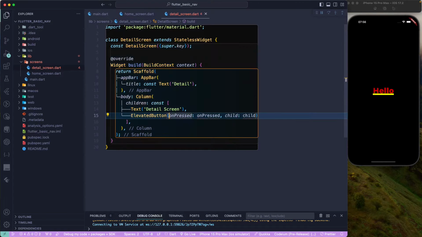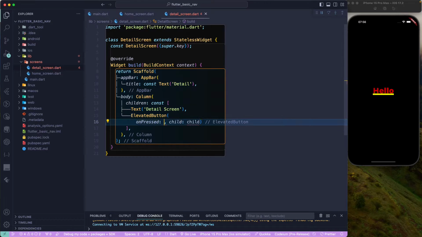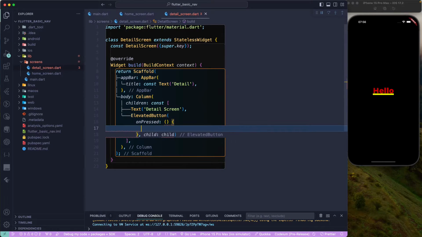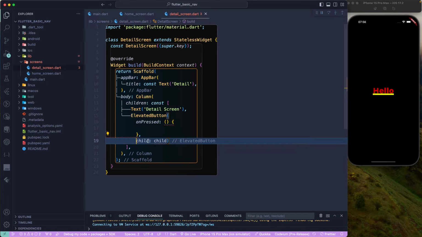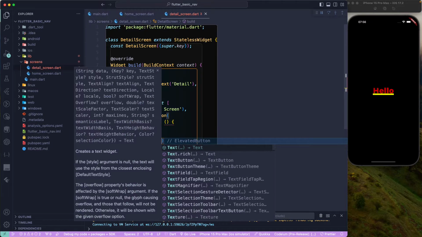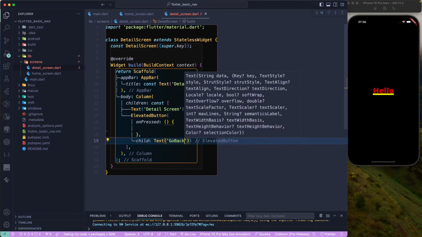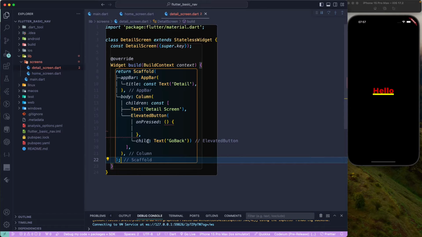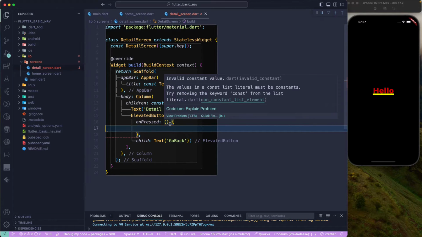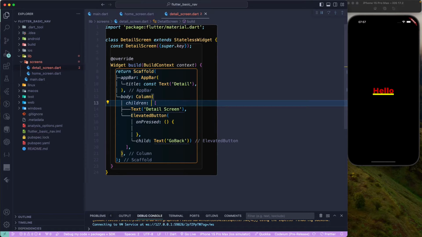We'll also add some function here. So let's add the callback function, and for the child, we'll add the Text, and in the Text I'll say, let's just say, go back, and that should be fine. Here we need to do something, so let's keep it as it is for now. We need to remove the invalid const. Later we'll see how we can add a click listener, but for now